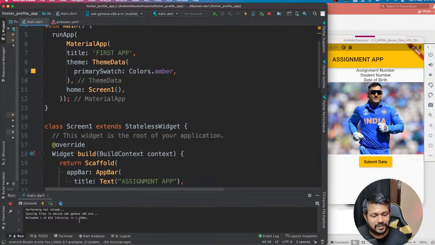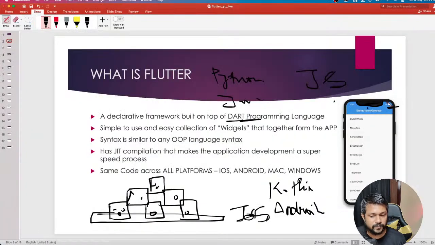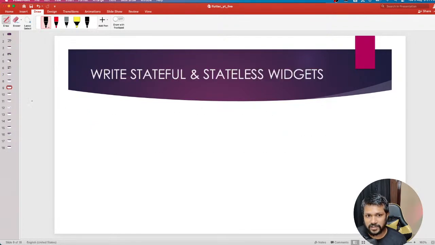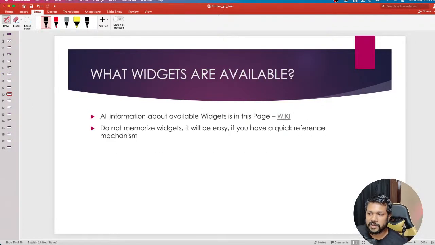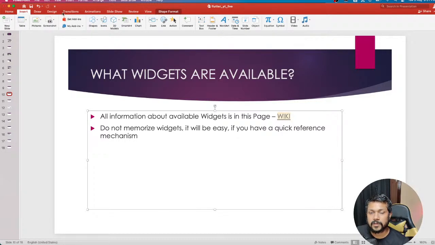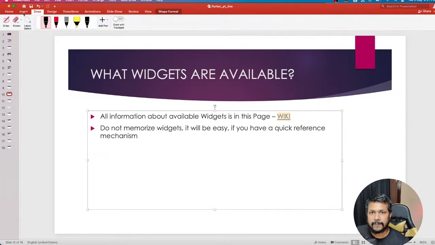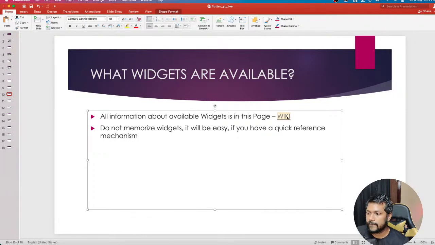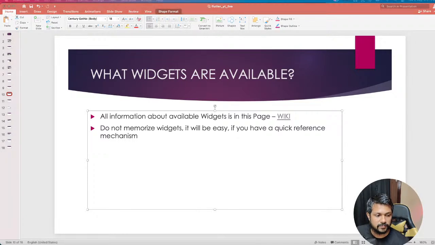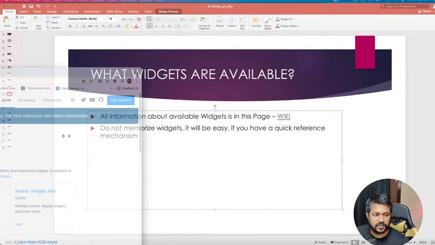So I have a few other important slides as well, and you can see that I've talked about a bunch of stateful, and we also return it. And the next step we'll be talking about is what are the different widgets available. I'll just show this. You can see for yourself what are the different widgets that are available. All right, let me show from here itself. Flutter UI catalog, that's called the widget catalog, and you'll see for yourself